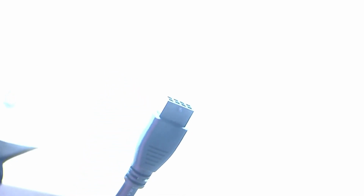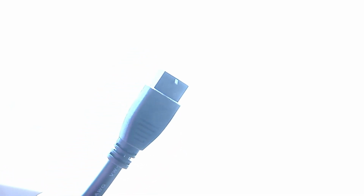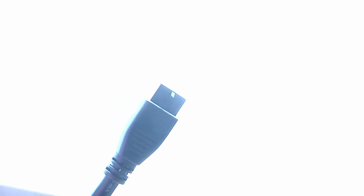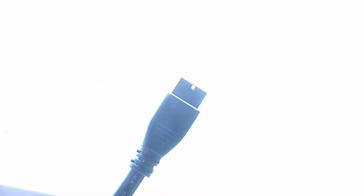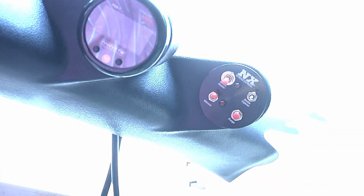This big plug right here goes to the O2 sensor. So I'm going to have the other one just like it that connects to it go through the firewall. So the wires that I've already got through there, I'm going to have to take back out and probably drill it out a little bit bigger, kind of go back and forth and widen it out. So I'm going to have to do that before I get started again. But that's a good idea what it's going to look like. Be mounted in